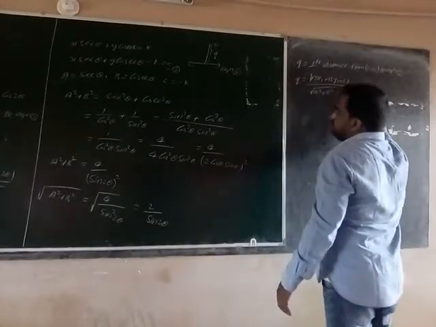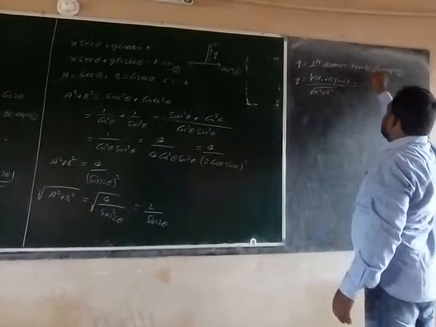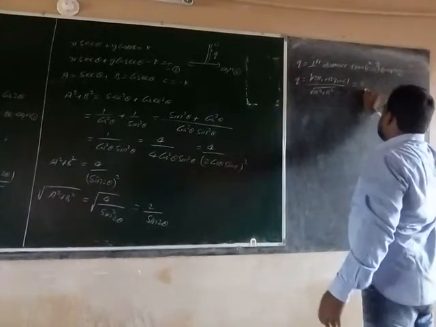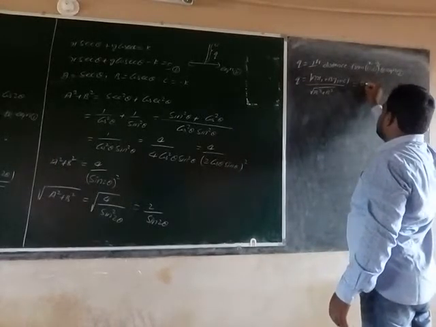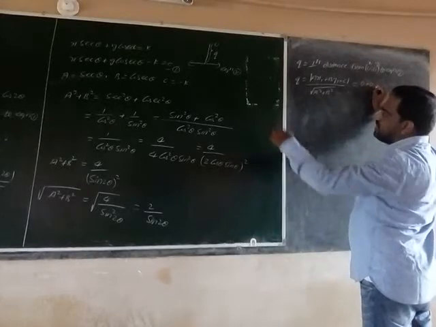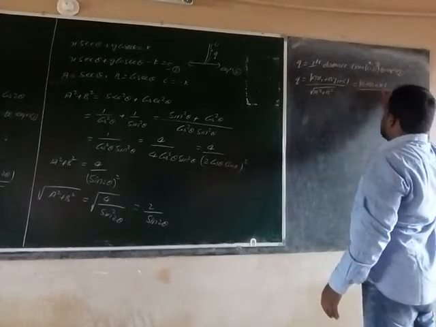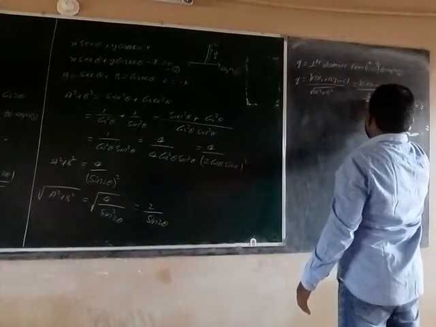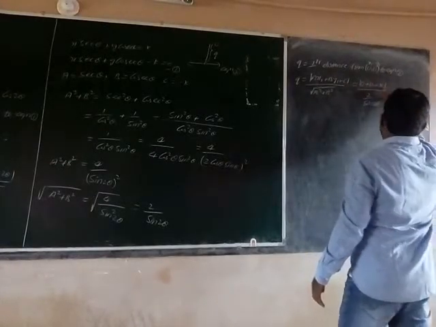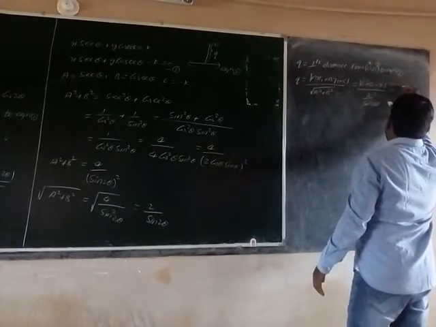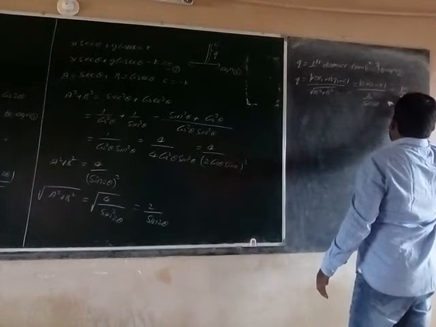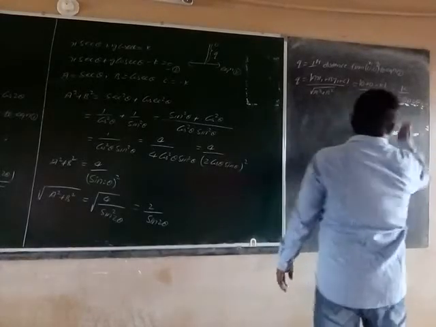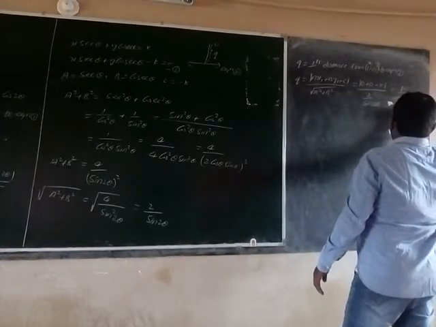Okay, a is secant theta and x1 value is 0, so 0 into something is 0. Then b is cosecant theta and y1 value is 0, so cosecant theta into 0 is 0. Next, plus c value, which is minus k, by the square root of a square plus b square. The square root of a square plus b square is equal to what? 2 by sin 2 theta. This is equal to the modulus of minus k, which is k, by 2 by sin 2 theta.